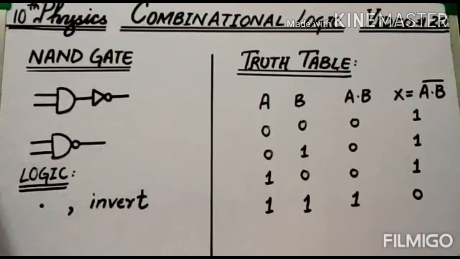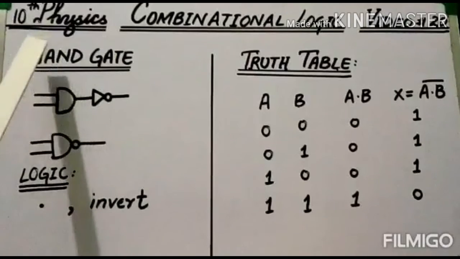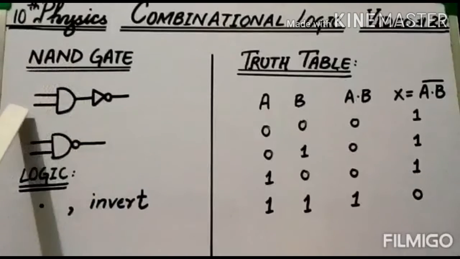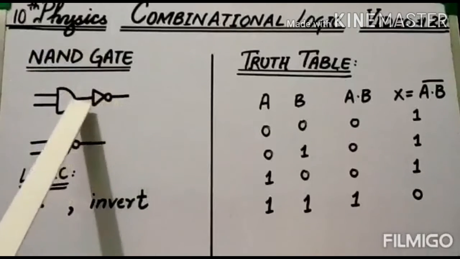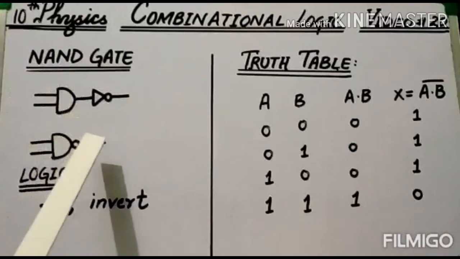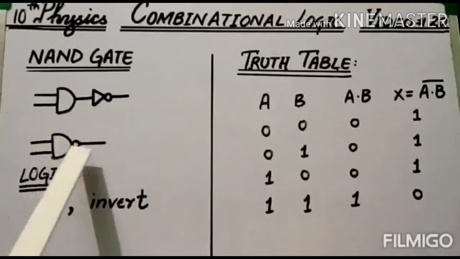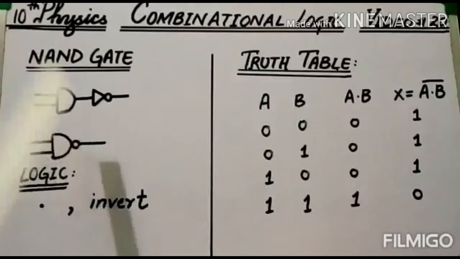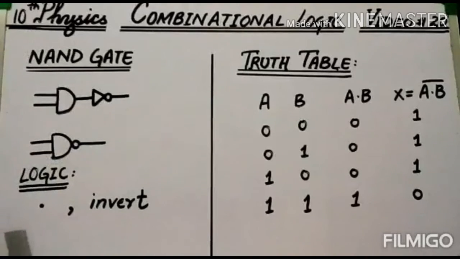There are only two such gates. This is the first one. If you skip this N, this is AND, and this N stands for NOT. This is the combination of an AND gate whose output is given to a NOT gate. When it is combined together, it will give us a NAND gate, and it is shown in the symbol with the help of a bubble after the AND gate symbol. What is the logic? The logic is first to multiply and then to invert the answer for the output. Now I will be discussing logic gates of two inputs throughout.